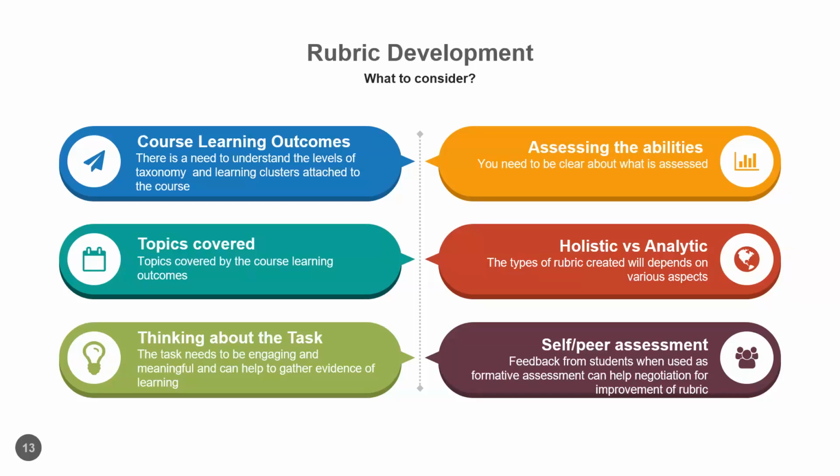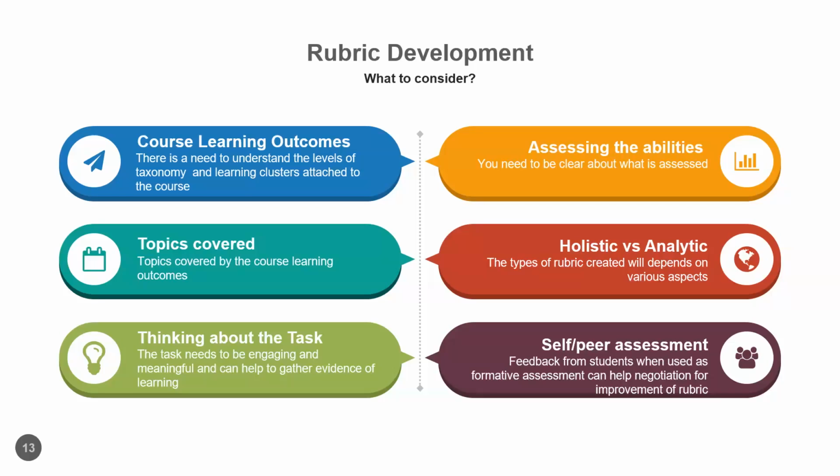When it's meaningful to them, they become engaged in doing things. So the task has got to be meaningful. It's related to the real world context. They can see the application of what they're doing in the classroom to the real world. So that's where their motivation will come in. So the task has got to be engaging and meaningful, and when they're actually engaged and motivated, you can see the evidence of learning. You can observe the evidence of learning.